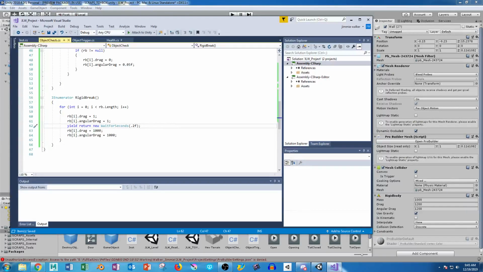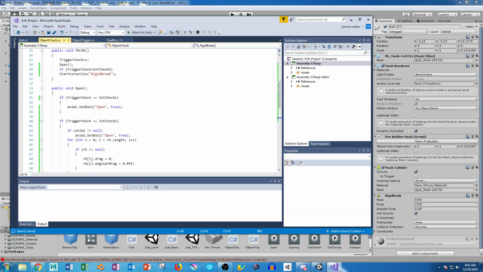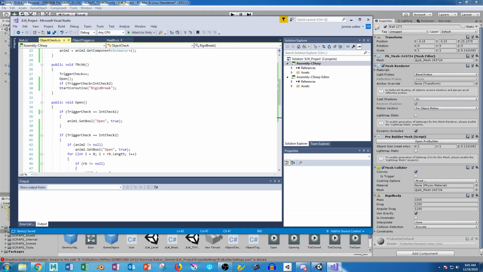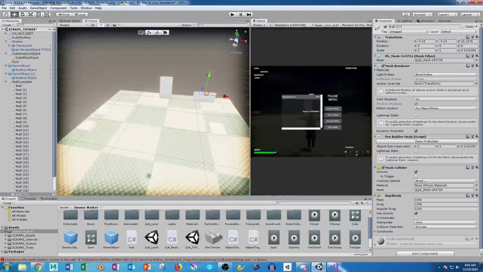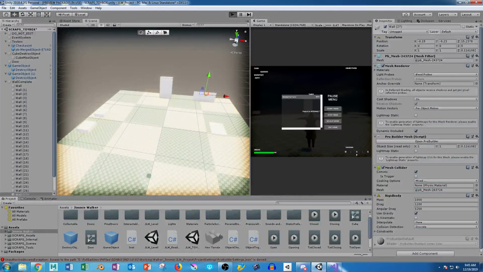Basically, I changed this value from 0.05 to 0.2. Because what was going on here is it would do the open, and so we were hitting this, but then it would simply come right back here, start the coroutine, and do all this in just like a millisecond, basically. And so now if I have done this right, we should see the wall crumble,